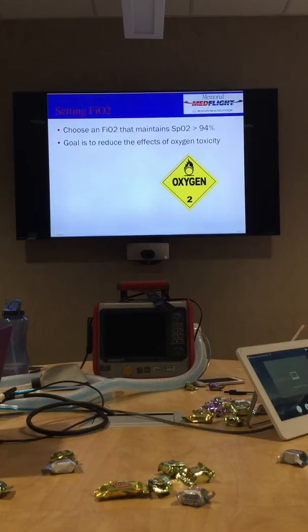So, setting your FiO2, our goal is to make sure that it's greater than 94%. Checking your blood gas, looking at your PO2. If you've got PO2s of 200-300, you need to start weaning down that O2, because oxygen toxicity can affect the surfactant in the lungs. So it can be bad as well. So just making sure that we're not leaving it cranked at 100%, weaning them down pretty